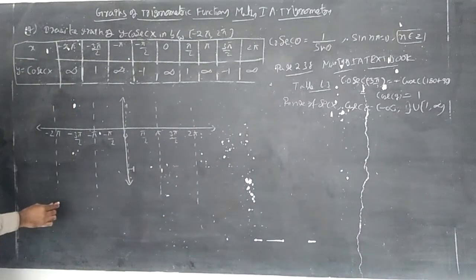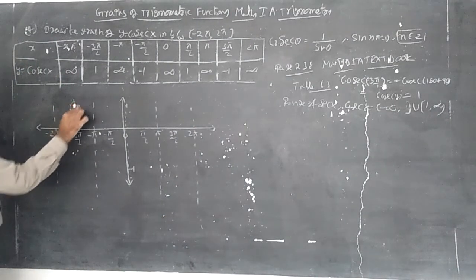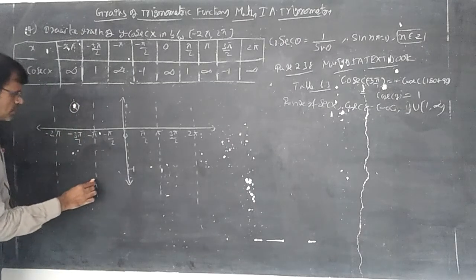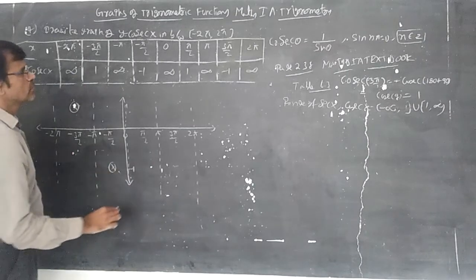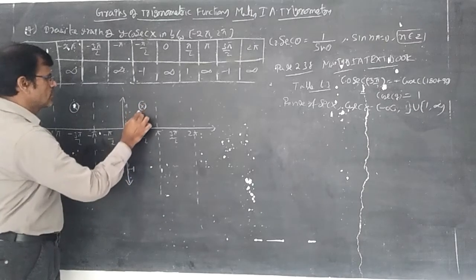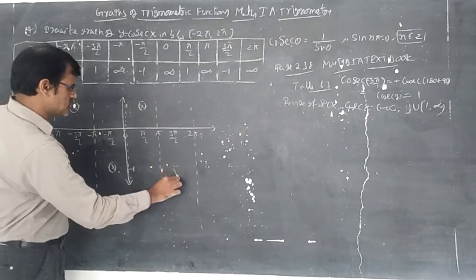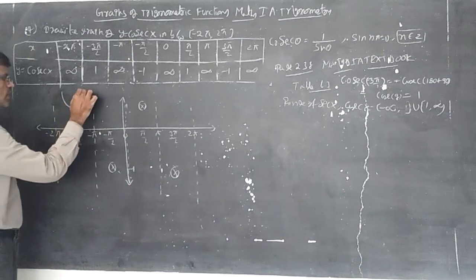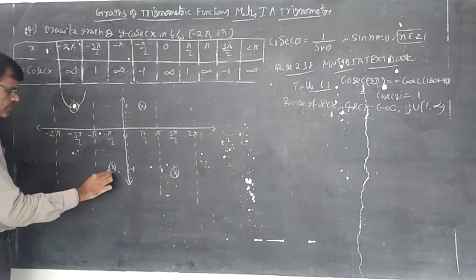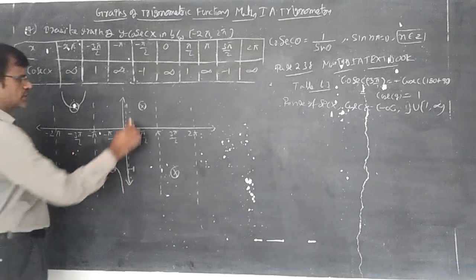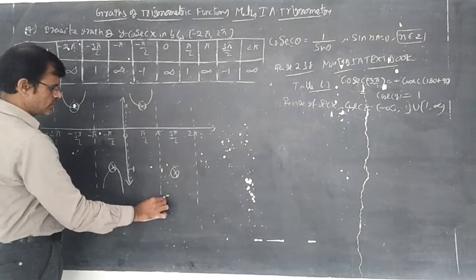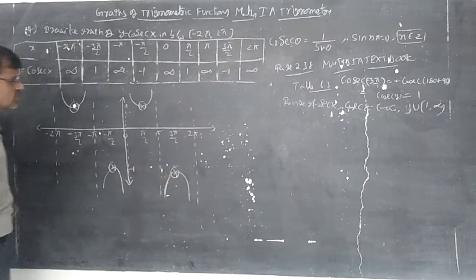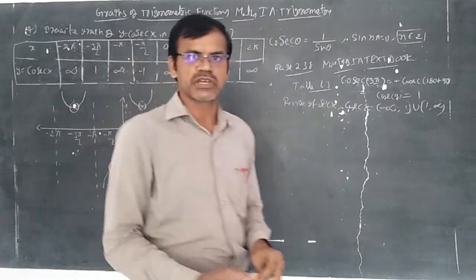Now put here for minus 3 pi by 2, 1 indicate here, like this. Next one, for minus pi by 2, minus 1, put here. This is 1. For pi by 2, it is 1. And for 3 pi by 2, it is minus 1. So this is the bounded value, draw like this. In the similar way, this is the bounded value. This is nothing but a parabola. You will be learning the concept of parabola in second year mathematics, 2D concept.